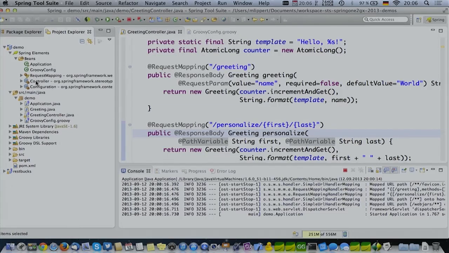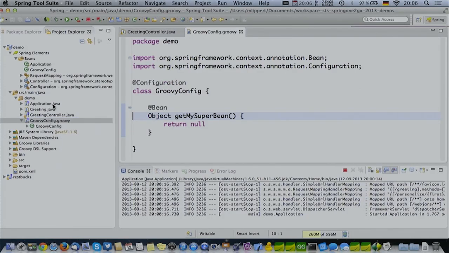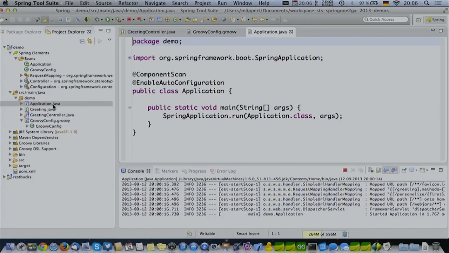That's actually interesting, because it's now being scanned twice because it's in the same package, and there's a component scan annotation here. So this component scan annotation, of course, scans everything that's in this package, and of course also scans the Groovy case. And I also configured it as a Spring config. So usually I would not put that into the same package, I put that in separate packages and not just plainly component scan that. And then it would make more sense to have that as separate configurations for the project. If it's being scanned automatically, I don't need to set that up as a separate Groovy config for this project. Okay,